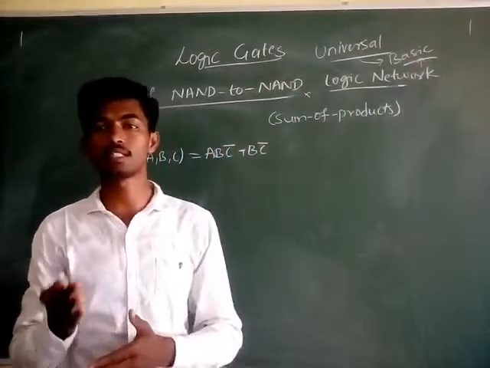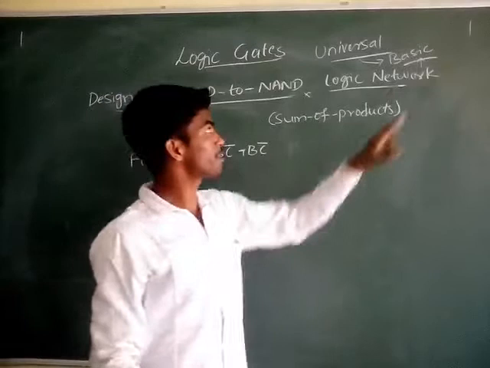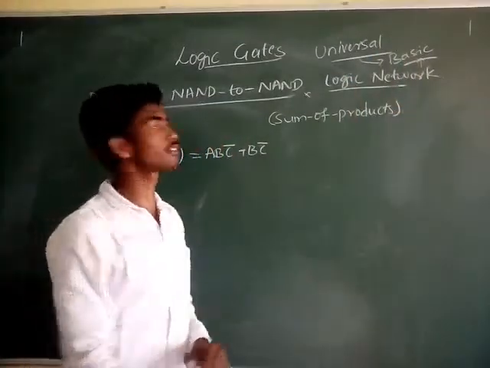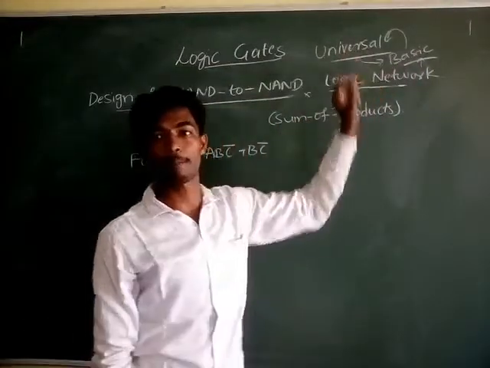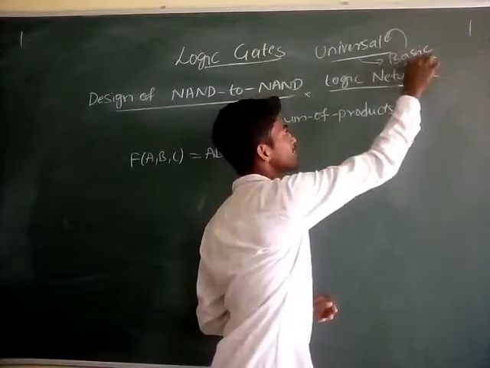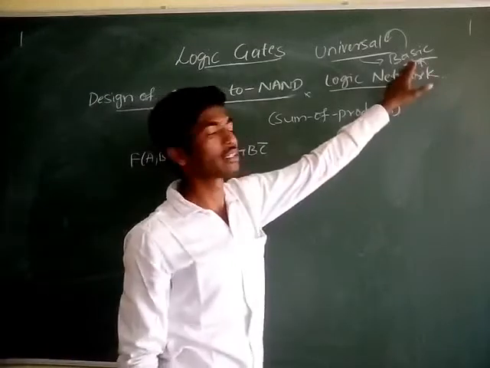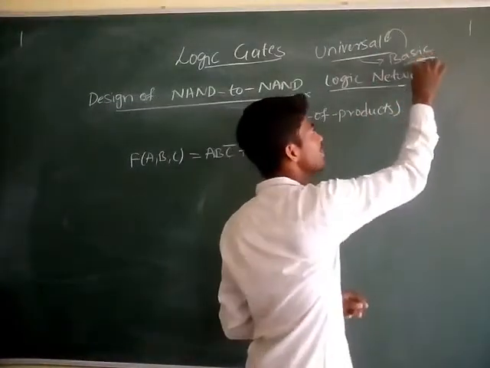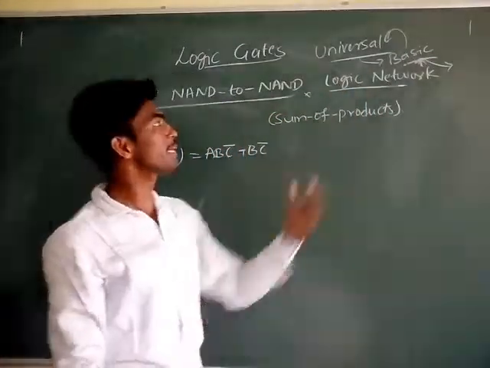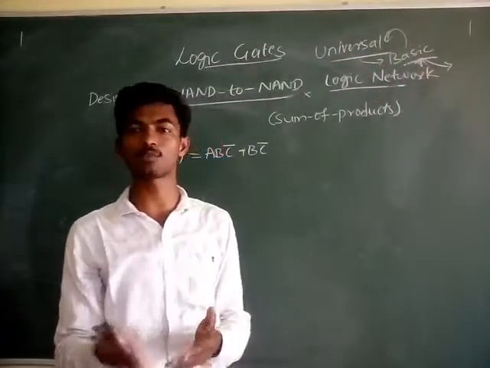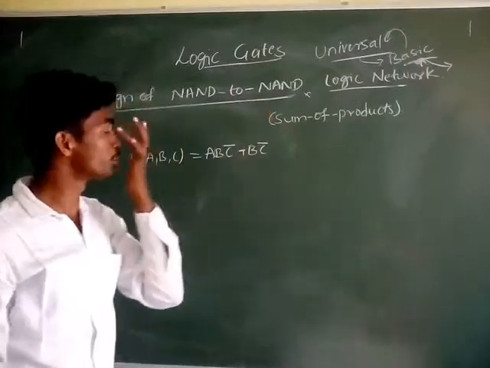So what is the difference between basic logic gates and universal gates? The preparation of basic gates is expensive compared to the universal gates. Listen properly. Universal gates are capable of working the same as basic gates like the NOT gate, OR gate, and AND gate. But the preparation of basic gates is expensive compared to universal gates. So we can replace the basic gates using the universal gates wherever we are using the basic gates. That is one of the major uses of universal gates.